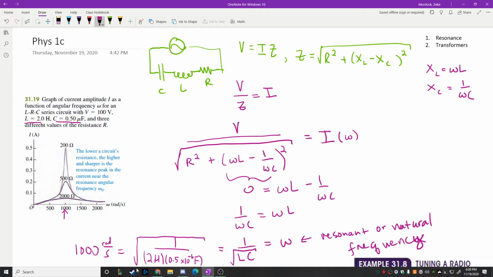So what you can do with this, as we'll learn more about in the next chapter, but I already hinted at, a guy named Hertz figured out that you can send waves through the air using electrical circuits, according to Maxwell's equations. And when you're producing these types of signals, the signal that you produce is also related to the inductance and capacitance of a circuit. And so what you can do is you can basically tune into that signal by constructing another circuit that has a similar resonant frequency. So you basically would have a transmitter,